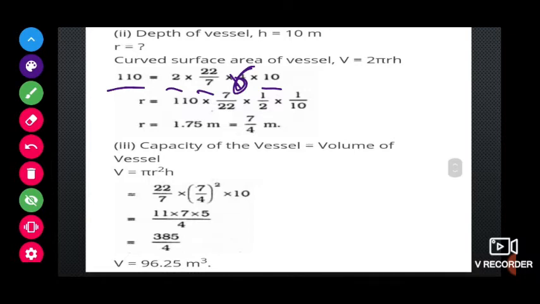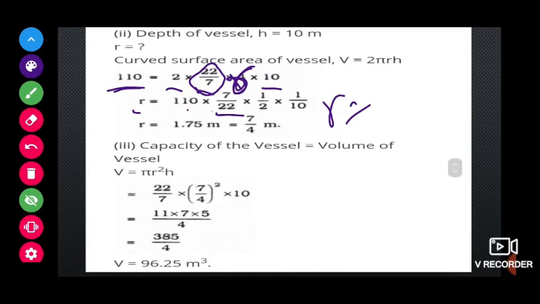Now we have to find the r value. So keep r this side, and whatever is there in the denominator will go to the numerator, children. Whatever is there in the numerator will go to the denominator. That is the blind thing which you can always remember. So r is equal to, here already 110 into 22 by 7, if it goes that side, 7 by 22.